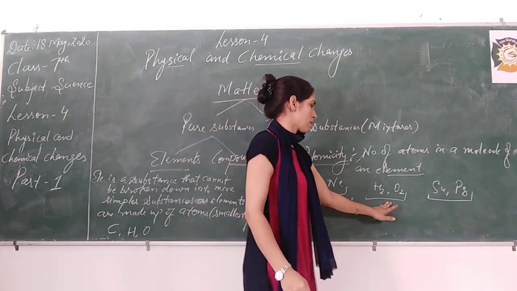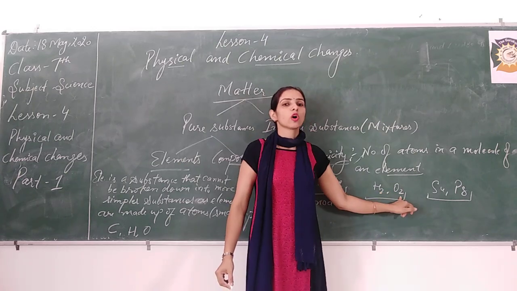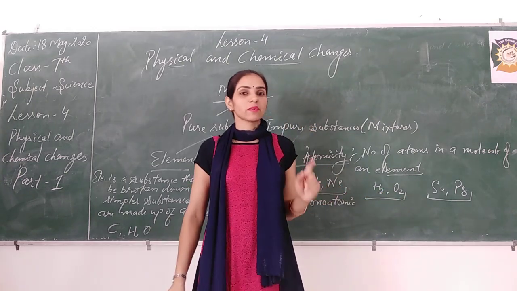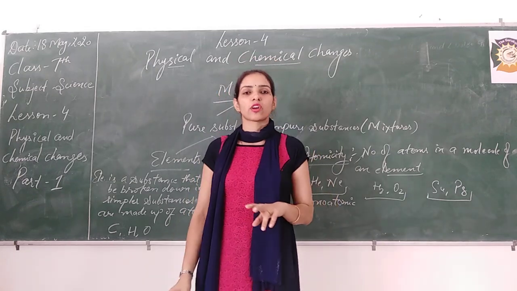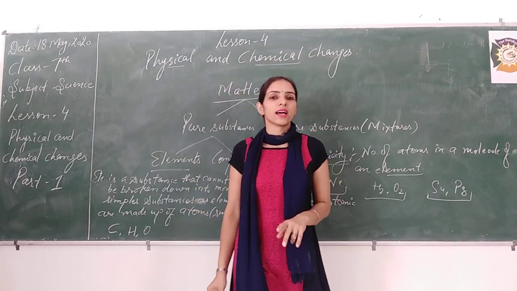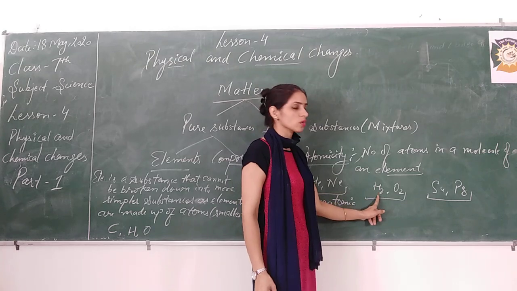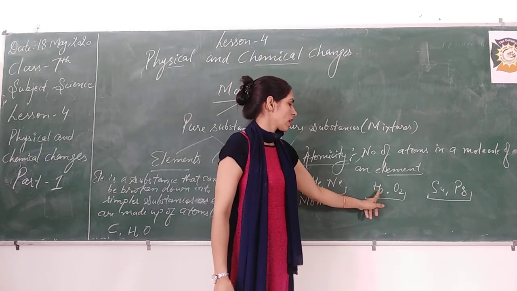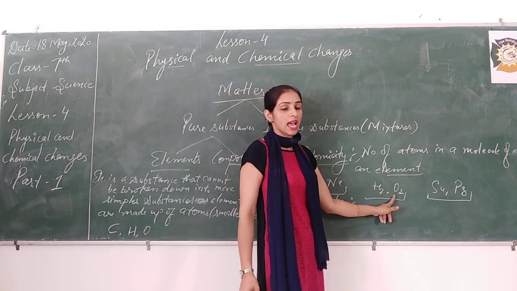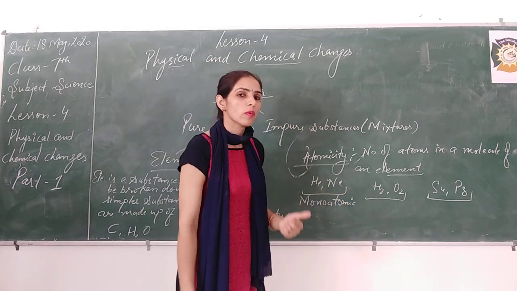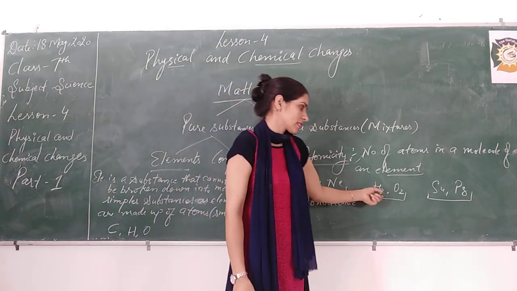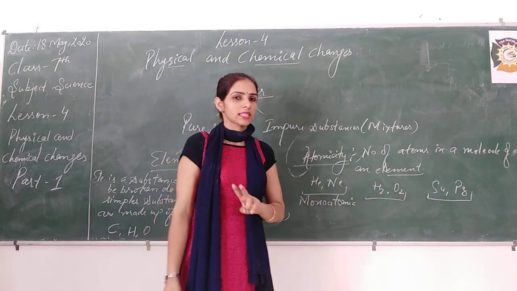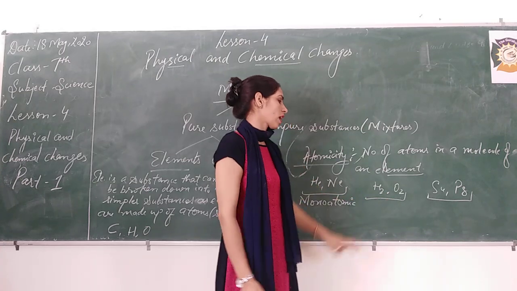Okay. Next example, H2 and O2. H2 means hydrogen doesn't exist individually. The two atoms of hydrogen exist in pairs. That means H2 here stands for hydrogen. So hydrogen and oxygen, as they exist in pairs, we will say the atomicity of hydrogen and oxygen is 2, because two atoms exist in pairs. So we will call it as